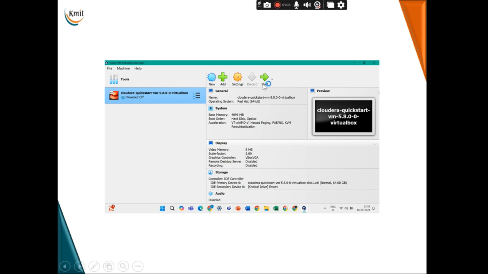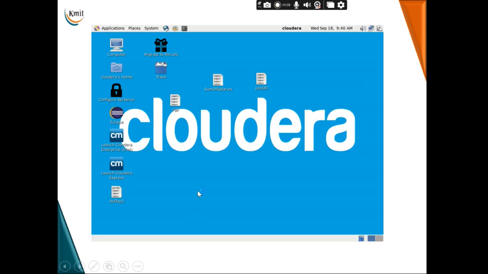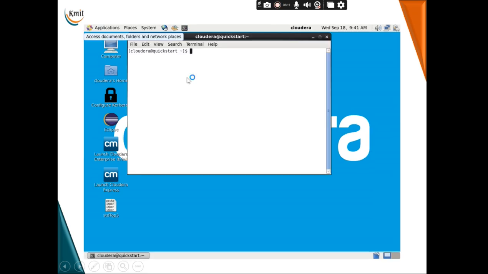Start the Cloudera, click on Start. You should see your Cloudera desktop. Click on the terminal which is appearing here,